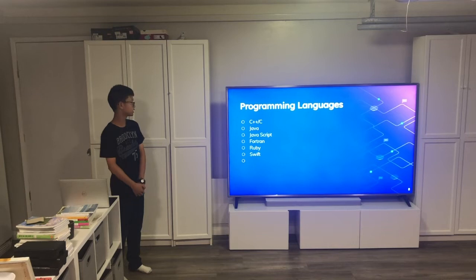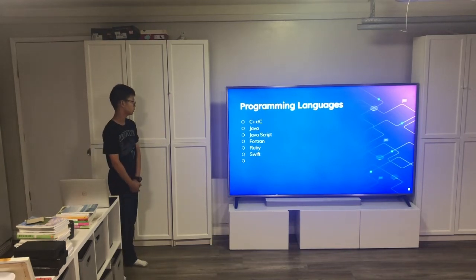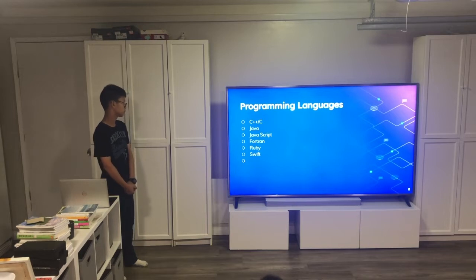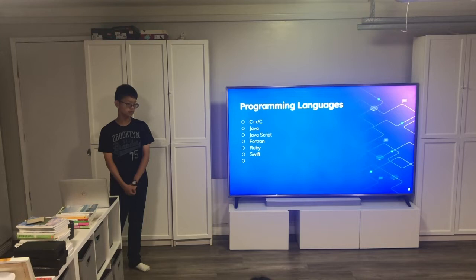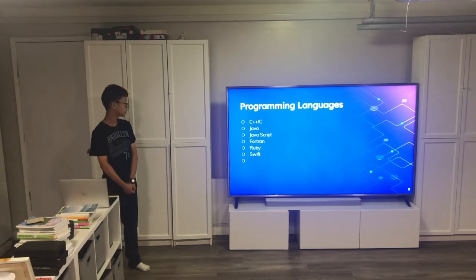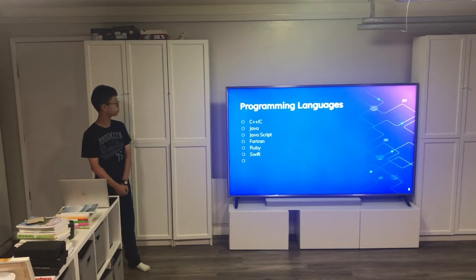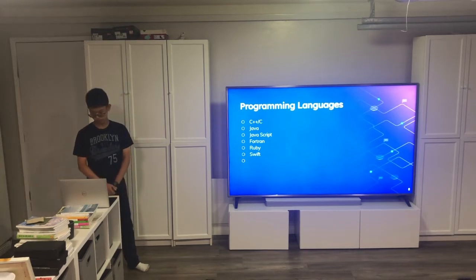So here are some examples of different programming languages. Examples are C++, Java, JavaScript, and so on. Each of these languages are different and unique in their own way. They all have their own strengths and weaknesses, and they are all specialized for a different task. However, I learned the